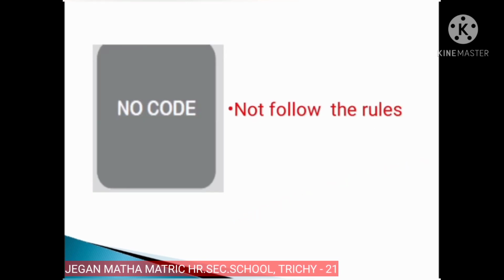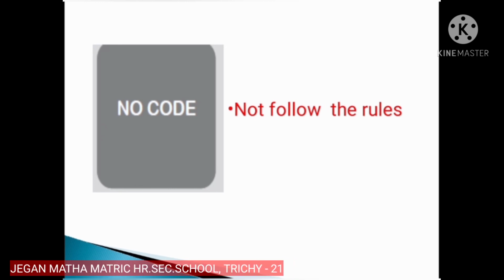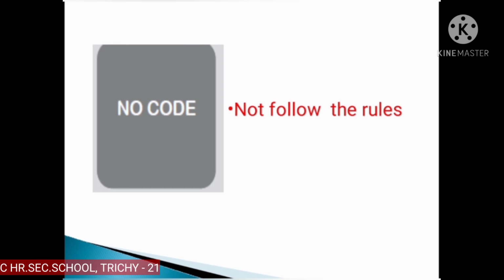Then next, no code. This does not have a resin code or any acronym, so it can be any plastic item. The company did not follow the rules and mark what type of plastic was used. So it could be harmful, but you do not have the information to know for sure. So avoid using plastic without a resin code. Resin codes are numbered from 1 to 7. Among these, resin codes 2, 4 and 5 are safe.